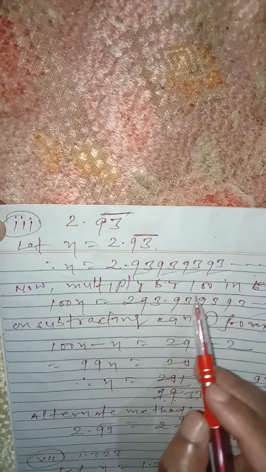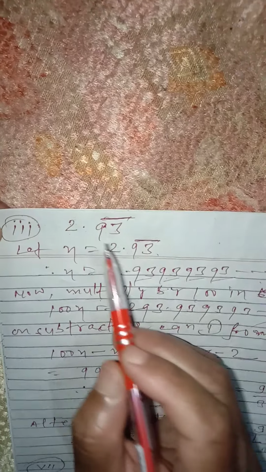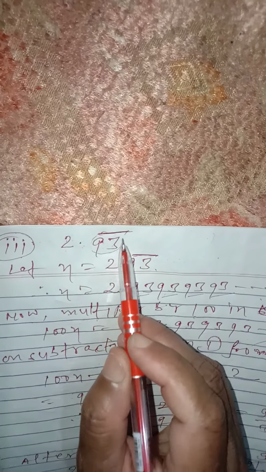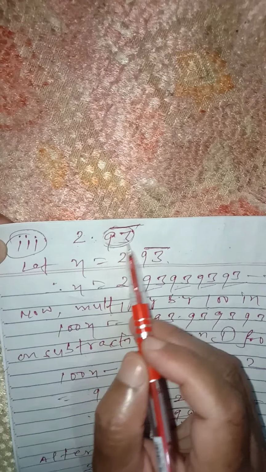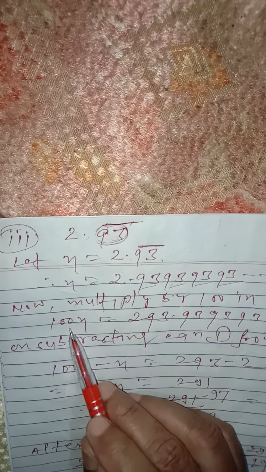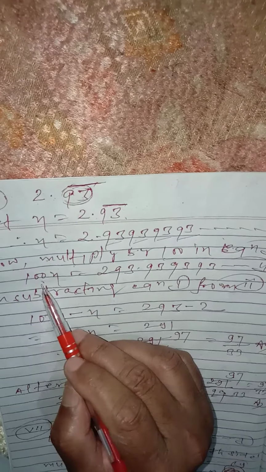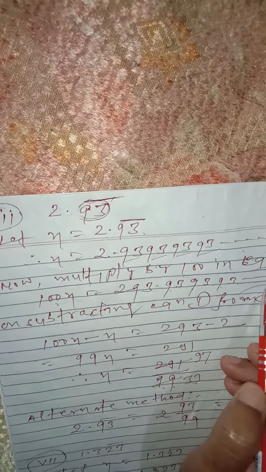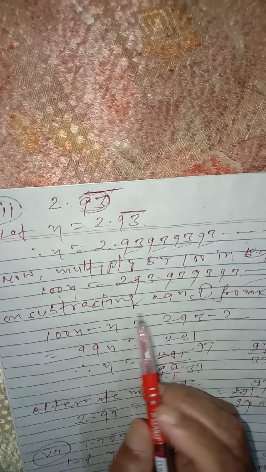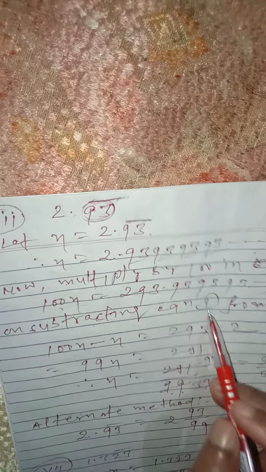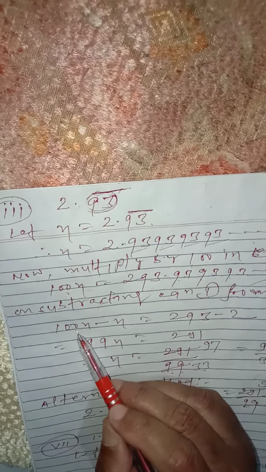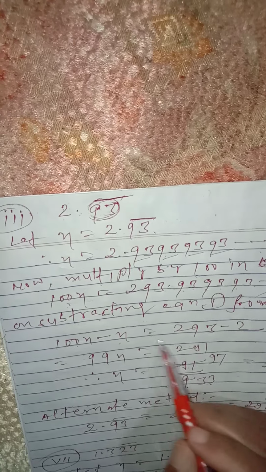Now multiply by 100, because after the decimal point, two digits are recurring. The problem: multiply by 100. 100x equals 293.93939393... This is equation 2. On subtracting equation 1 from 2, we get 100x minus x on the LHS equals 293